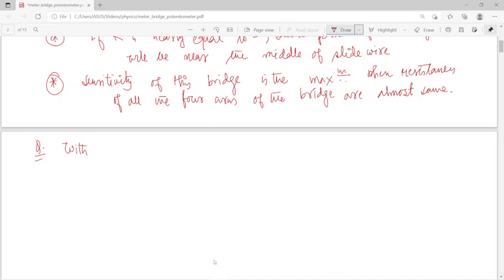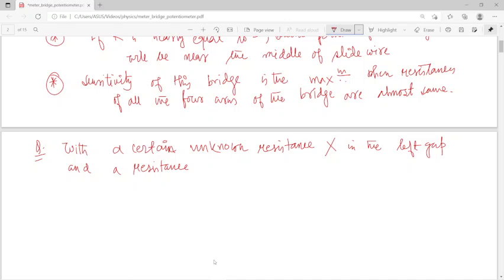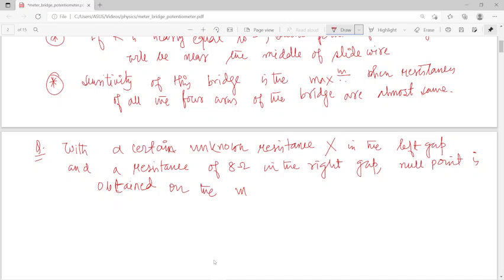deal with the questions, say with a certain unknown resistance x in the left gap, and a resistance of 8 ohm in the right gap, a null point is obtained on the meter bridge,